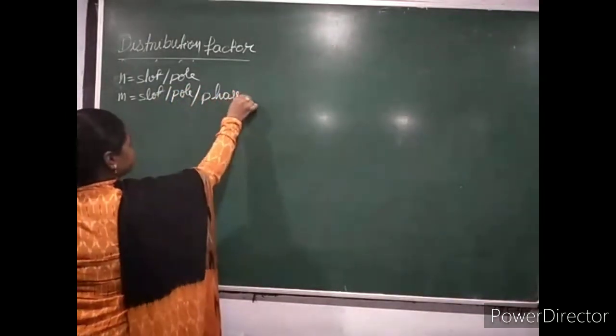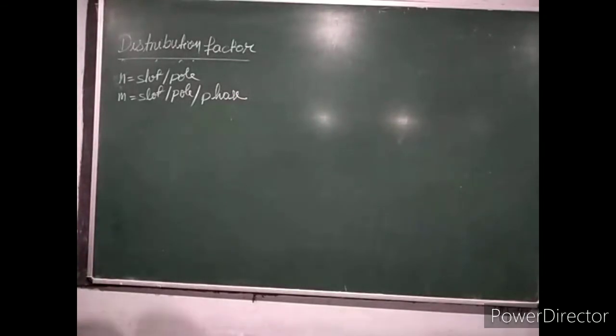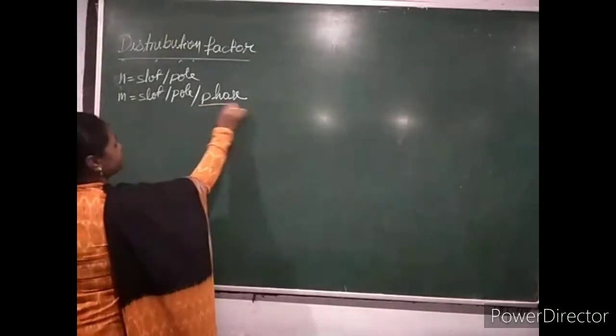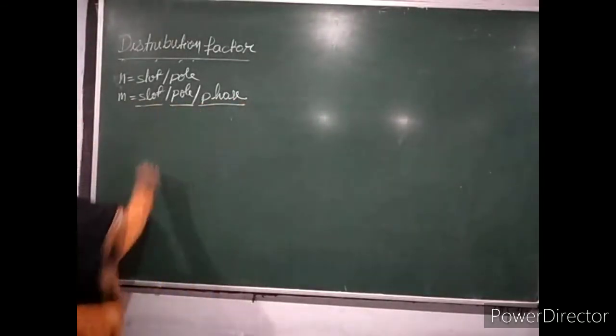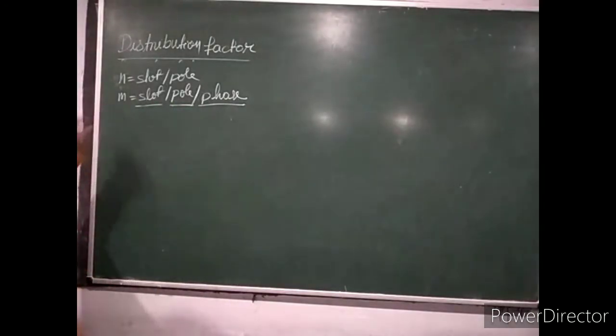Okay. Suppose in my one phase, one pole, the number of slots is m, and the EMF induced in different coils in a distributed winding is let